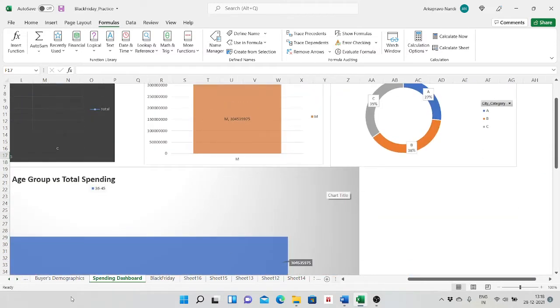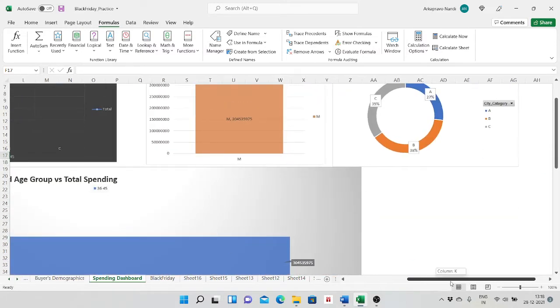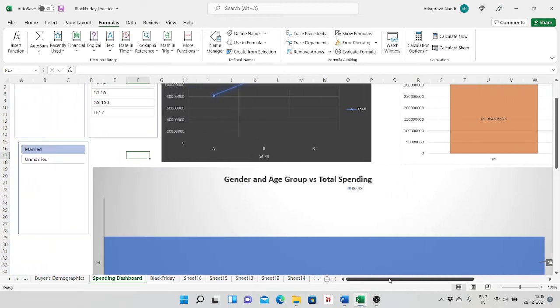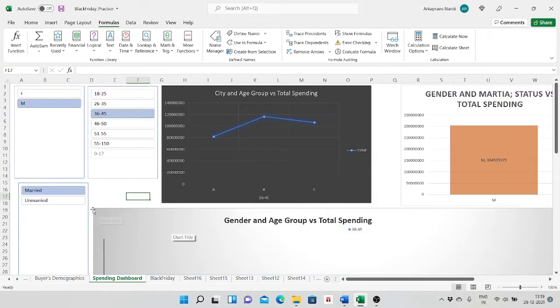Right. So this is the work of the slicers. On the dashboard we are also again filtering. To filter certain data, we use slicers to get meaningful insight on certain types of customer behaviors, who may be male or female and who may be married or unmarried and falling under a certain age category.